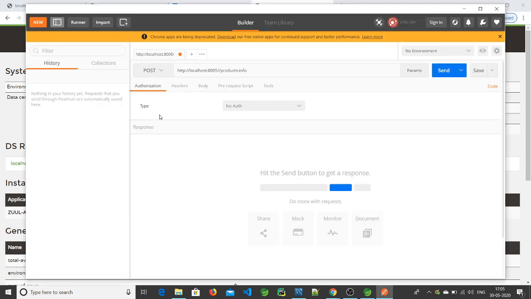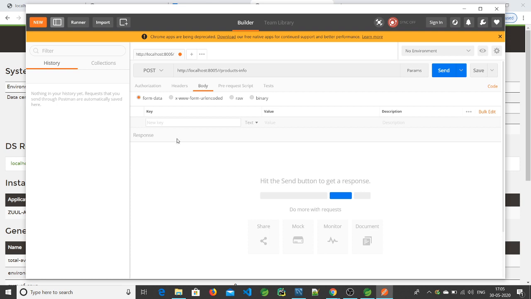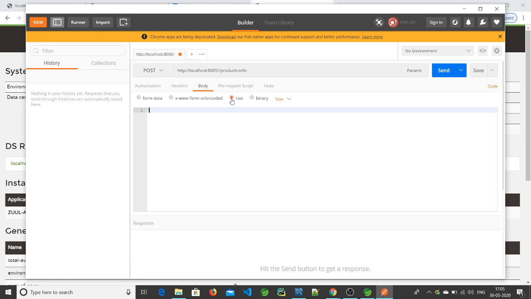This is the product info, and in body let's add the list of objects. It is of raw type, and here JSON, application/json. So here we'll add a list. In that I'm passing the product ID as 1, 2, 3. Okay,